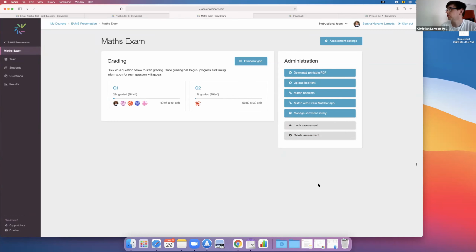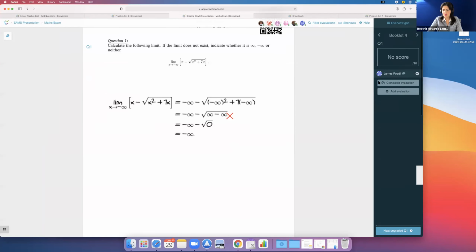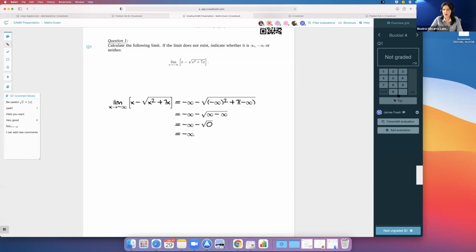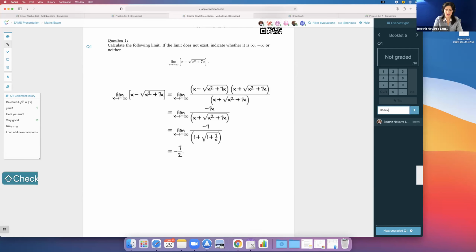So we have a question from Colin Steele saying you demonstrated check A. Could you also have check B for a different question and then be able to see which of the students with check A also have check B? I think this was the plagiarism tags thing. Yes, definitely. So for example, I can go to this one here. I create my own and I add a tag. I can do check A. And then I can add another one, check B, for example, and then I can go to the next one and add check B,